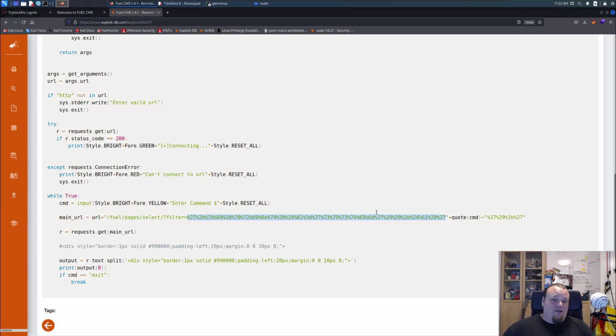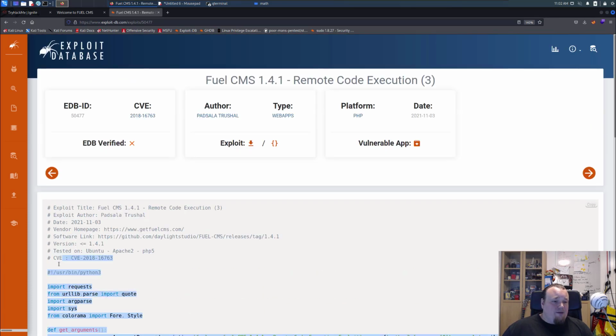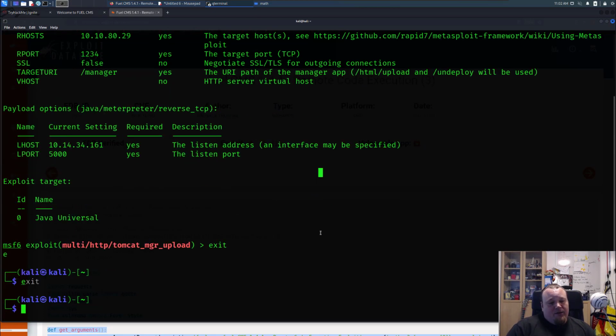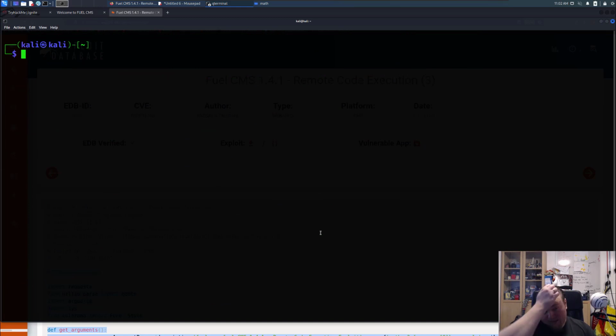I don't know what that is, but it's URL encoded. And you can see the path, fuel pages select, filter. So there's something with the filter. Basically it means that we can take all this code right here, just copy paste it, and go to any page. Open Metasploit, great, and just clear that. And I'm gonna go ahead and make the ignite